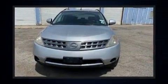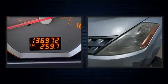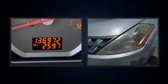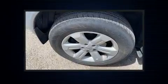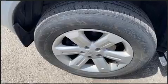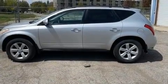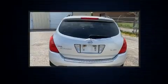You're going to love the 2007 Nissan Murano. It features a continuously variable transmission, all-wheel drive, and a 3.5-liter six-cylinder engine. Top features include a split folding rear seat, one-touch window functionality, a tachometer, automatic temperature control, remote keyless entry, and